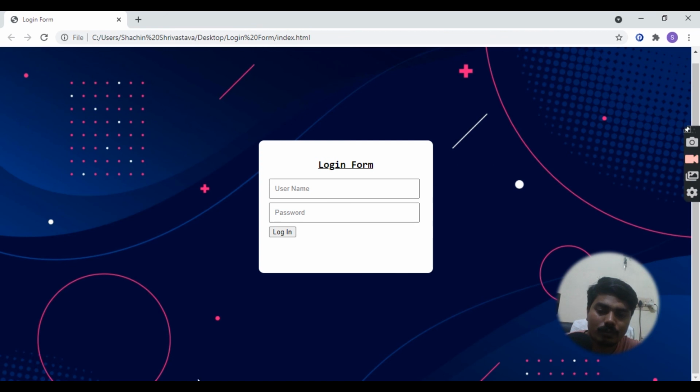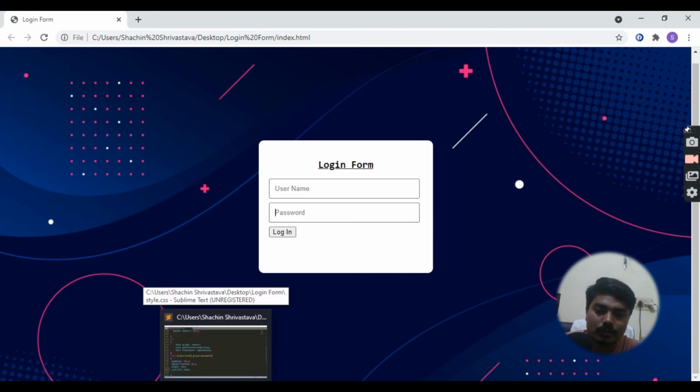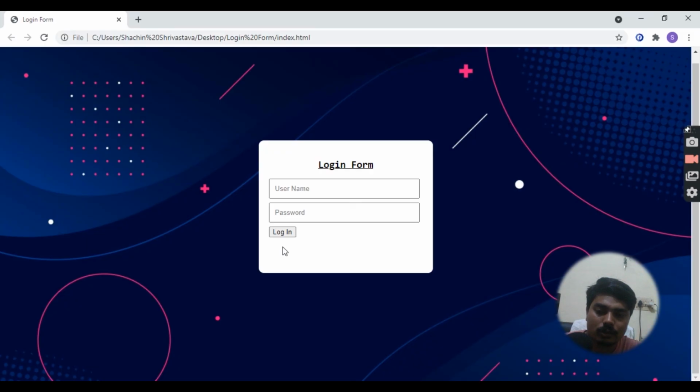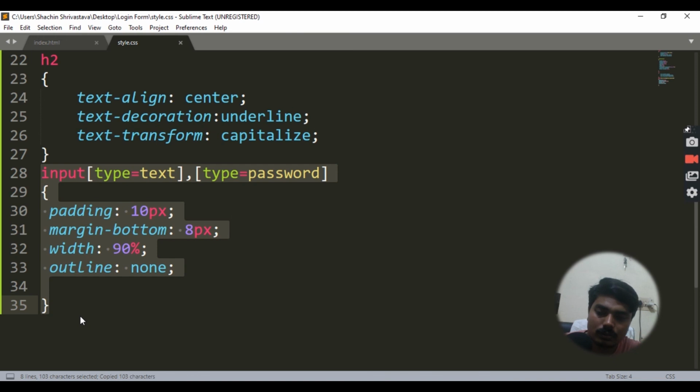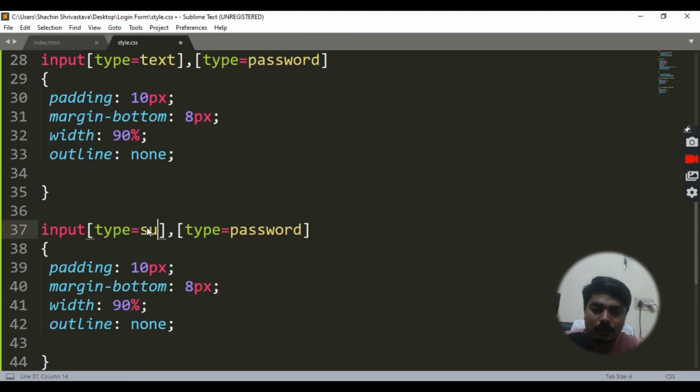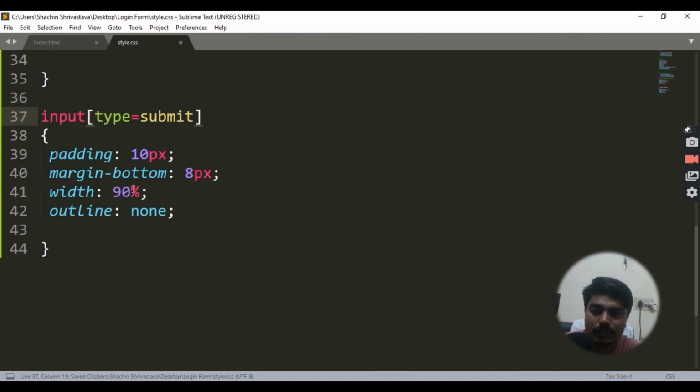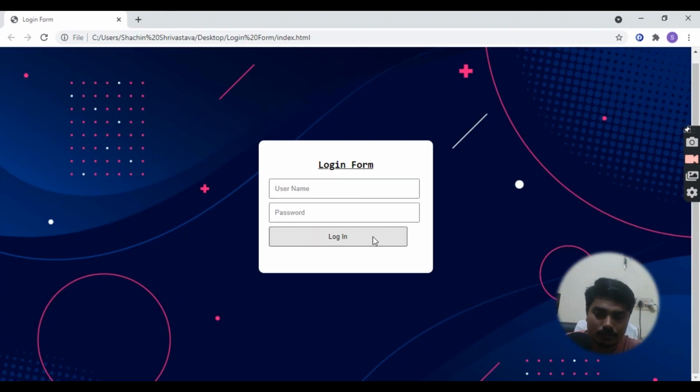Okay, and next thing we need to apply CSS on my button. So copy it, input type submit. Okay, Ctrl+S to save, padding 10px, margin-bottom 8px, width 90%, outline none. Okay, so reload it. You can see here we need to